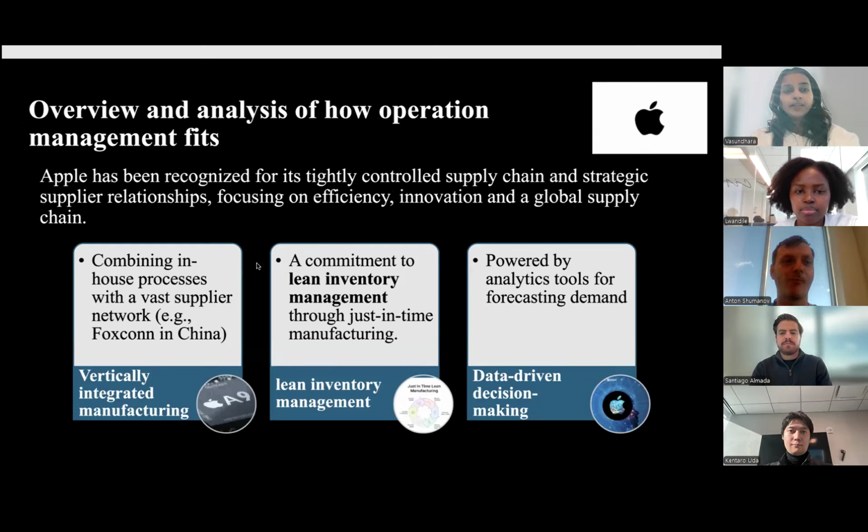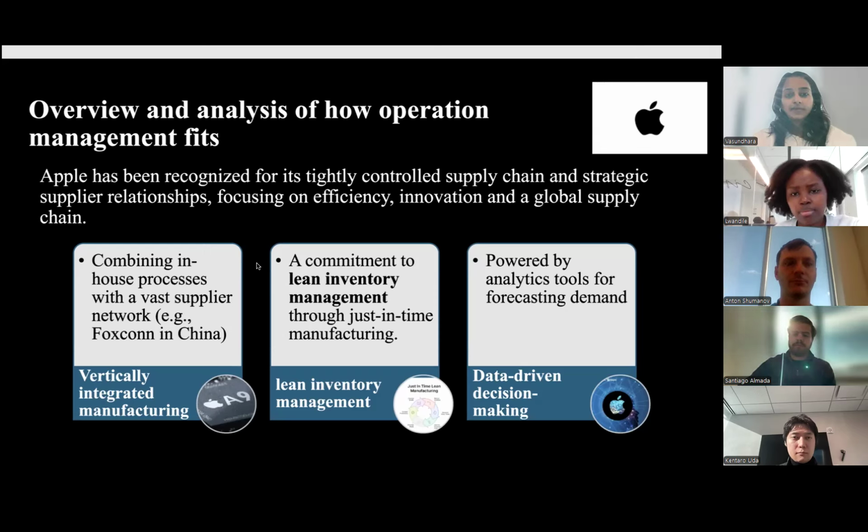Thank you, Anton. Apple has always been recognized as a leader in innovation, but its operational efficiency is the backbone of the customer experience. Firstly, I'll talk about the vertical integration of Apple. This also combines the strategy with a large global supply network. We have always seen Apple design its own semiconductors such as the M series processors, while also collaborating with assembly companies like Foxconn in China.